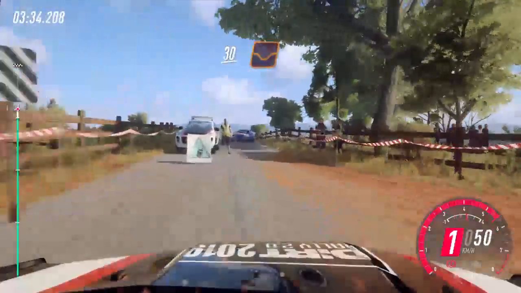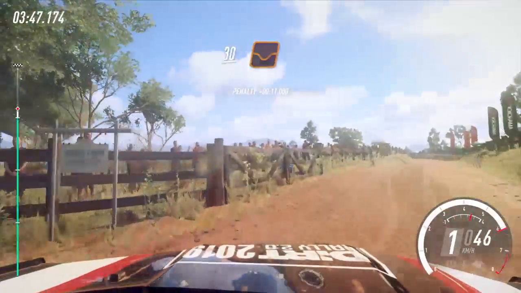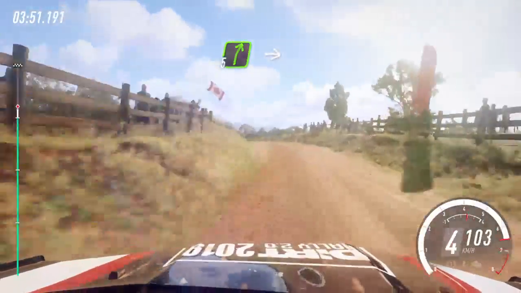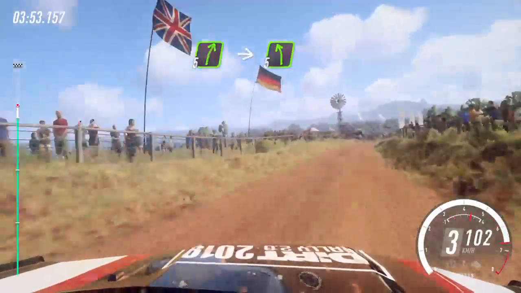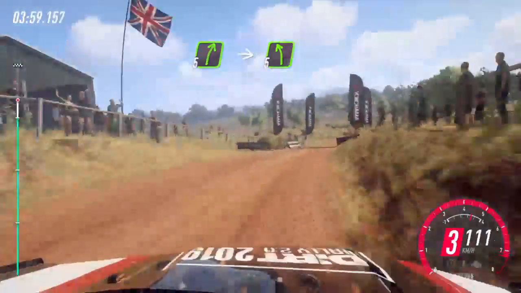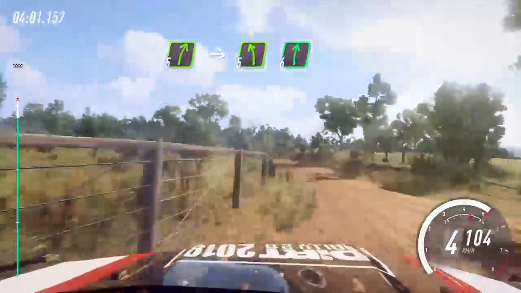30 over bumps, 4 left of a crest, into 5 right, into 5 left of a crest, into 5 right of a grid, into 5 left of a crest, 6 right of a bump, 30,